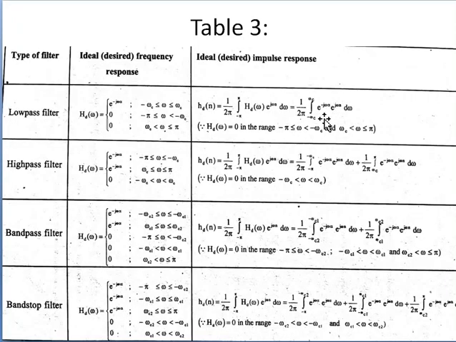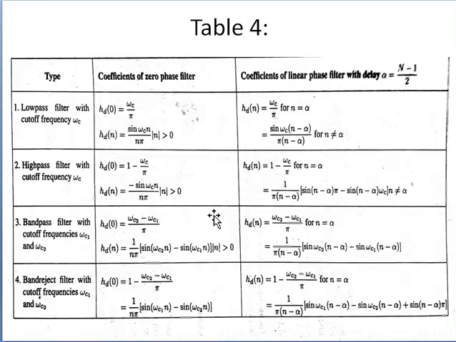That means based on this equation, if you solve for the particular Hd of n for each Hd of omega, you can get the formulas like this. For each case I have included them. You should follow this, and this is important to design the FIR